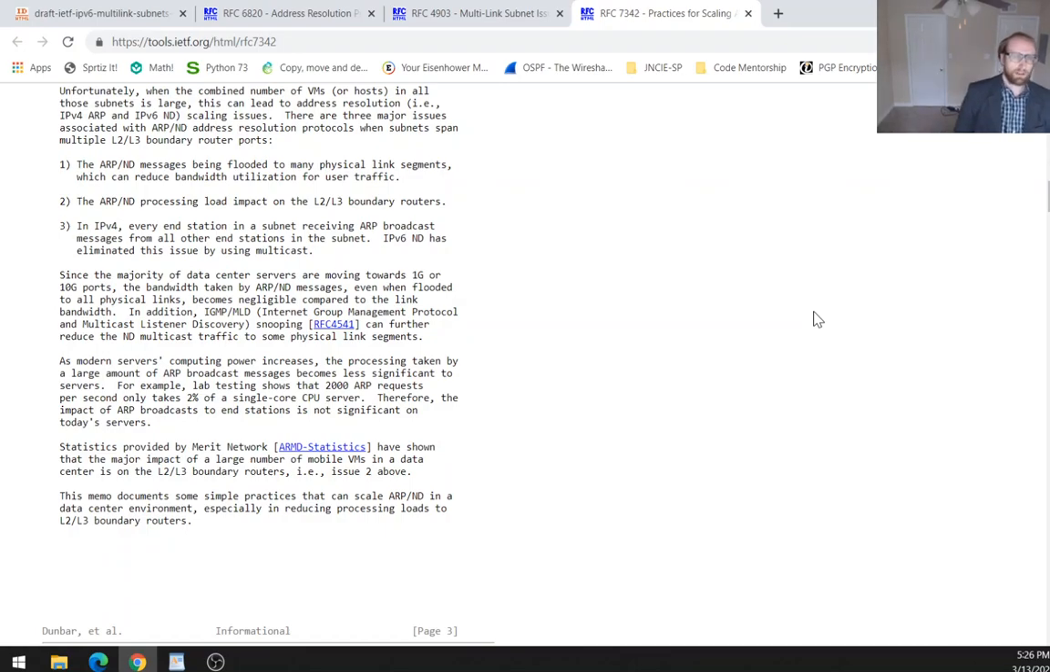Since the majority of data center servers are moving towards 1G or 100G ports, the bandwidth taken by ARP/ND messages, even when flooded to all physical links, becomes negligible compared to the link bandwidth. In addition,